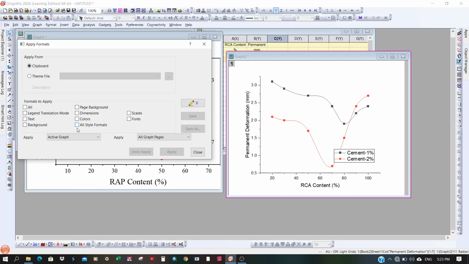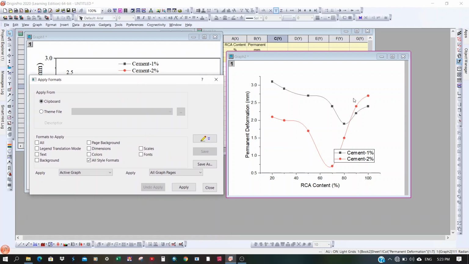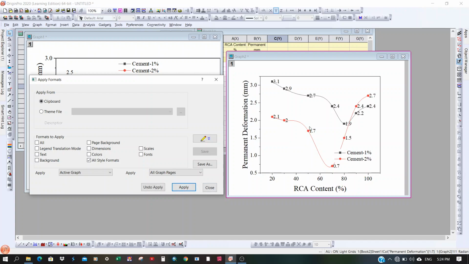If I use all style formats, then the labels here, the font size of this label, the font size of the legend text, and the font size and style of this text, everything will be changed here. Just apply, and you can see what is happening. Now you can see the labels are added here, and the text is Times New Roman 32 size. This font also changed to Times New Roman with size 24, and you can see the x-axis also has the same